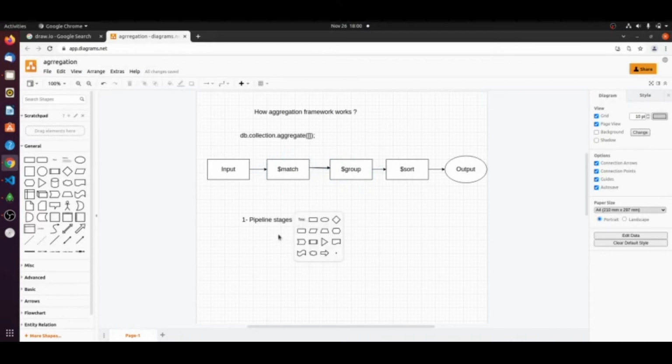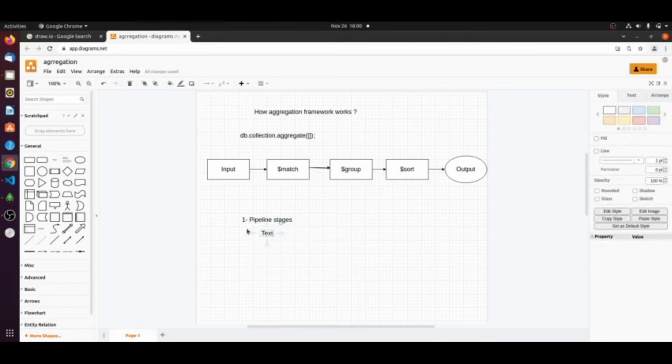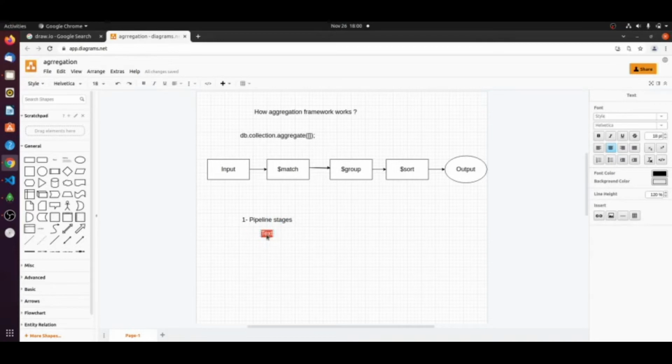The second one is the pipeline operator.